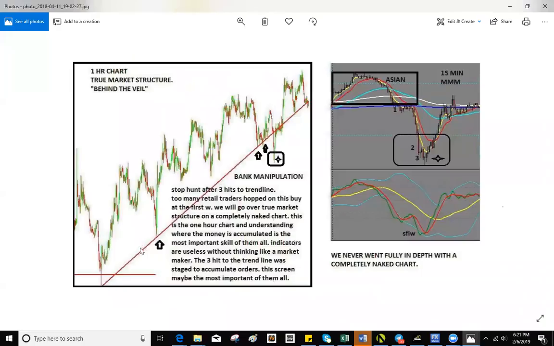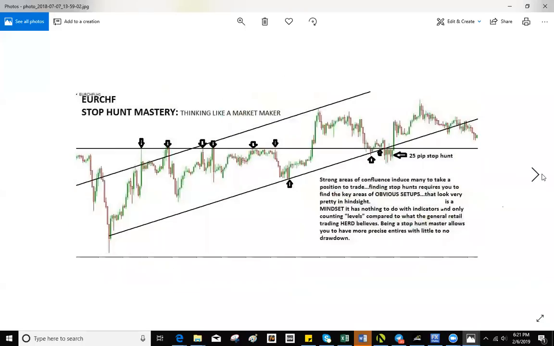Again, even a trend line, they did a W. So true market structure really is seen behind the veil, so to say. This W is before a news event, and they came and hit the stops, and then they went up. So what you want to do is, ideally, you know, this is the last slide here, and then I'm going to